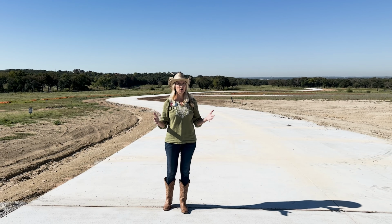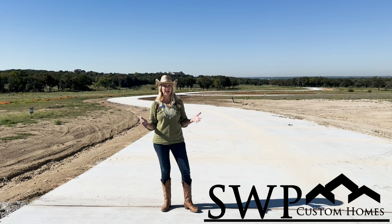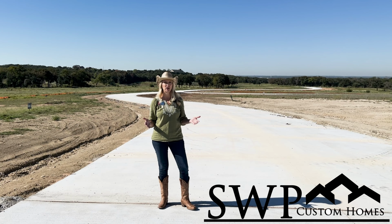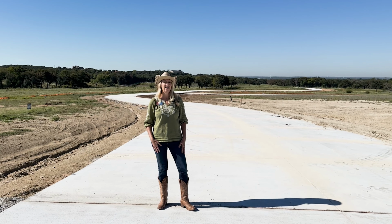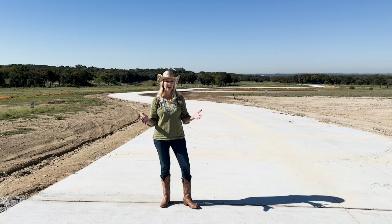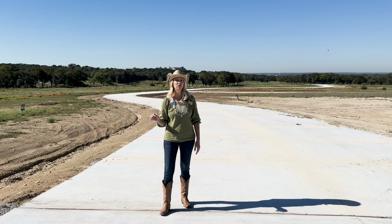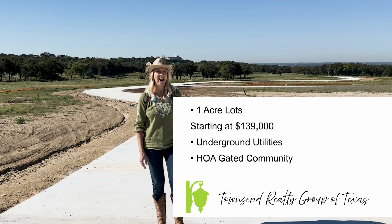What you want to know about this community of Stewart Ranch is SWP is the developer. They are right here out of Godley. Their family has been here for years and years. It's a multi-generational company. I love working with SWP, and I love working in Johnson and Hood counties because you get that country feel. So you can pick from 1 to 11 acre lots, starting at